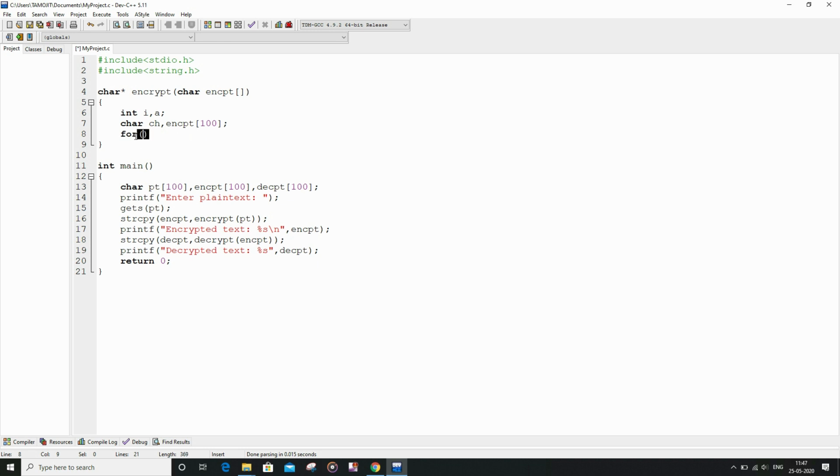And then we are going to run a for loop, which is going to run exactly as many times as the number of characters in the plain text, which is passed as an argument.